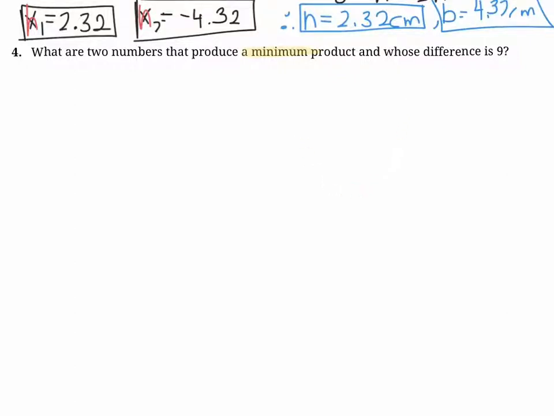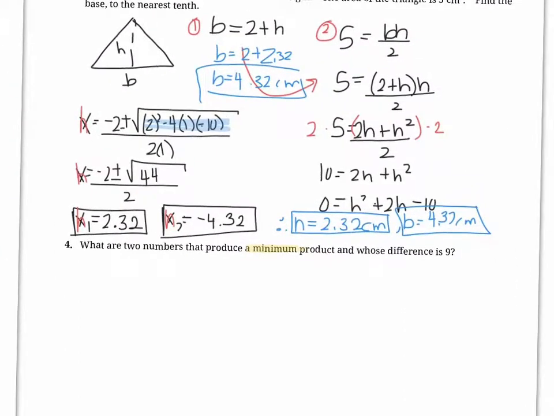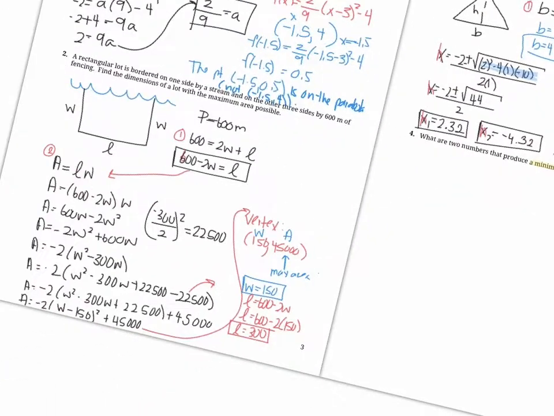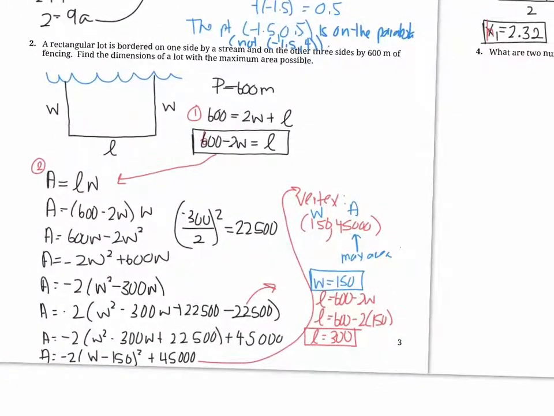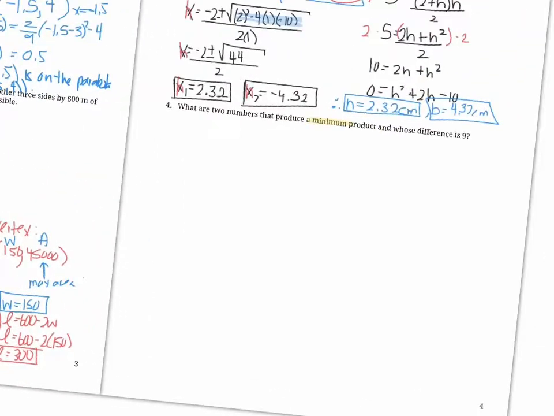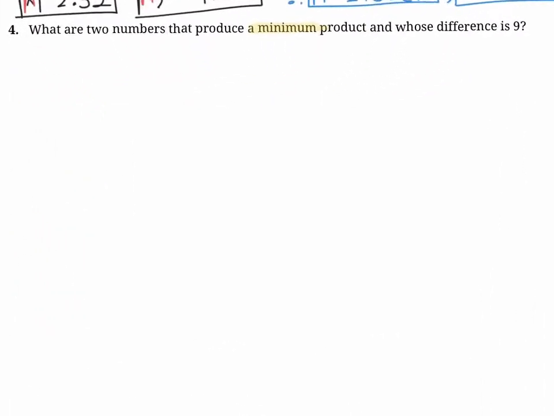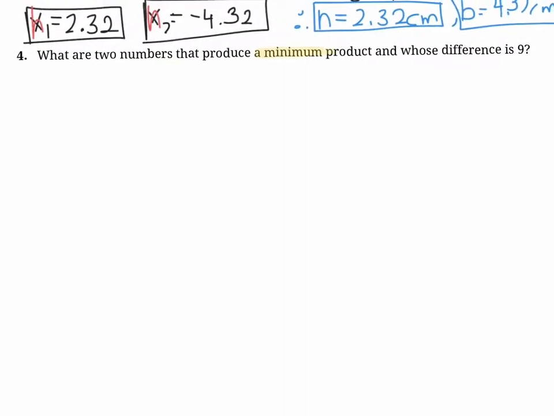So we know it's not going to be an example where we're given an answer for one of our equations. It must be an example where we don't know what our y value is and we are instead just solving for the vertex. So let's take a look. Let's just make the equations that we can from this and go from there. It says, what are two numbers that produce a minimum product? First of all, we need to label the two numbers. So a is equal to the first number, and b is equal to the second number.